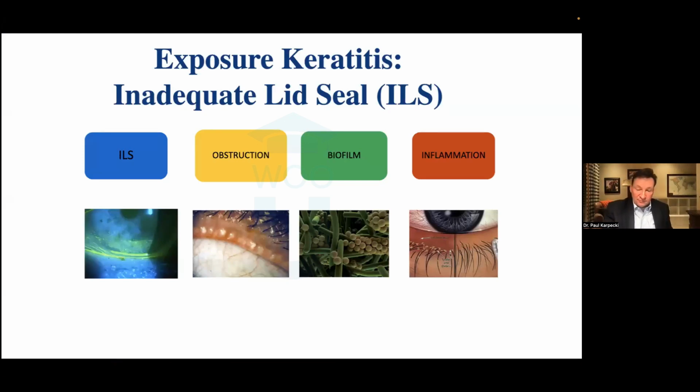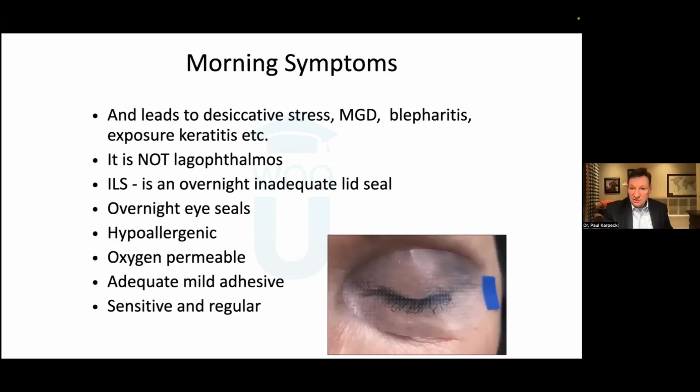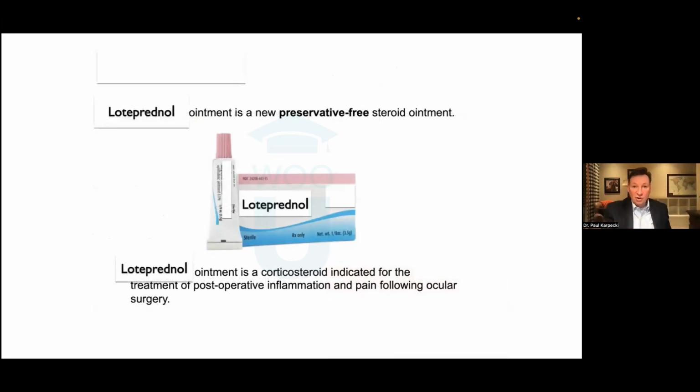This is the algorithm for inadequate lid seal. Get the eyelids closed, treat the evaporation. Most of these patients have Demodex or blepharitis because they probably aren't clearing it off at night, and they have inflammation. Slightly different algorithm. One of the best, this is actually approved for this condition, is called a Night Seal. It's hypoallergenic, oxygen permeable, latex free, designed to anatomically close the eyes. Because if you use a sleep mask, you can never get it tight enough to anatomically close the eyes. There's benefit to sleep masks, like the ceiling fan air won't get in the eye, but it's not anatomically closing their eyes. If they're able to do this, everything else goes away. I often get patients off all their drops.